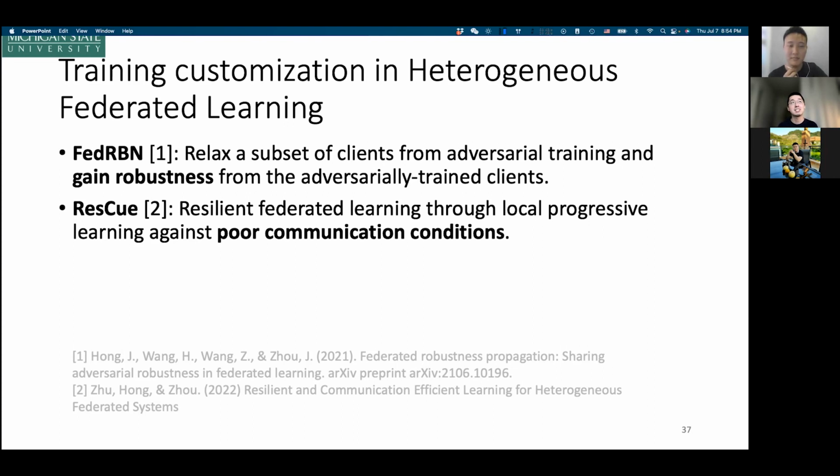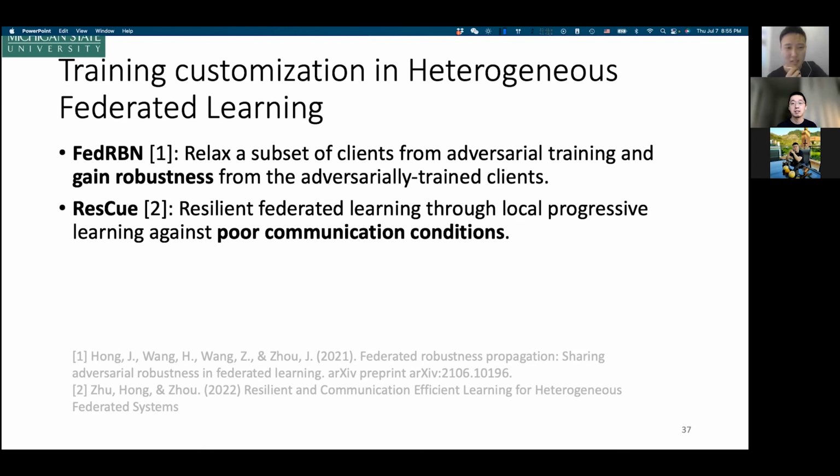And I think it's a very good idea if we can try some other way to do that, except FedRBN. Like I remember your work on robust distillation. You can transfer the robustness from a teacher to students, right? Your previous work. Yeah, maybe you can combine that with FedRBN. In the server, we have a robust teacher. We can teach the clients how to do the robust training without using the clients' data.